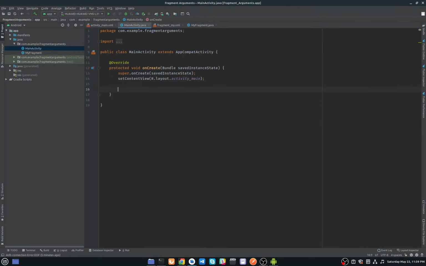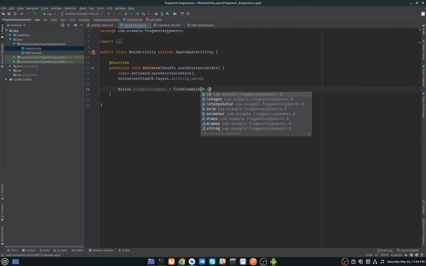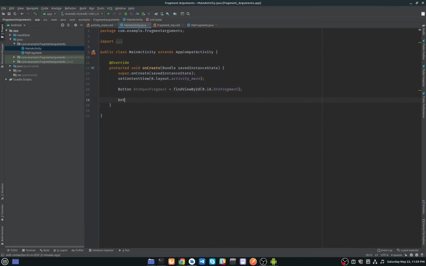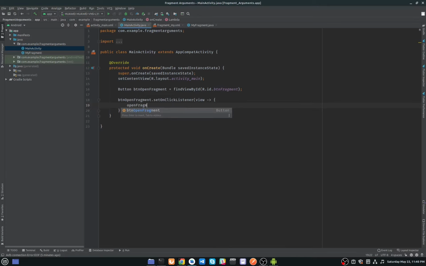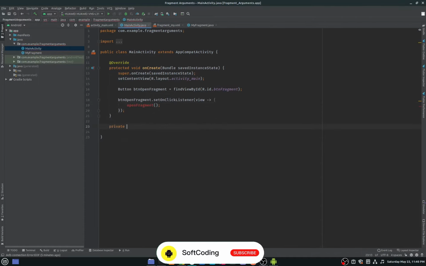So I have to initialize my button here. I will add a click listener on this button, set on click listener, and I will call a method here, open fragment. Okay, now I will create this method outside of onCreate, private void openFragment,